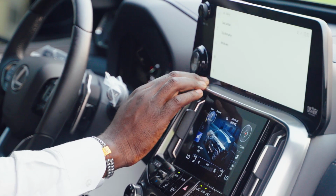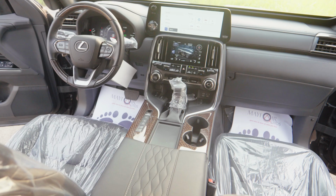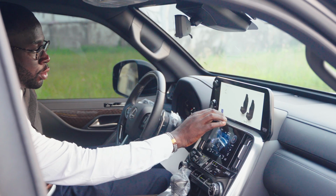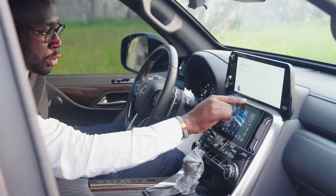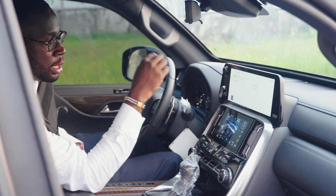Back. You can also make certain adjustments for the vehicle. So you have seat arrangement. Here you can adjust the seating from the touch of your screen. Very beautiful infotainment. We also have a nice little screen here, with very detailed drivetrain settings for the car,